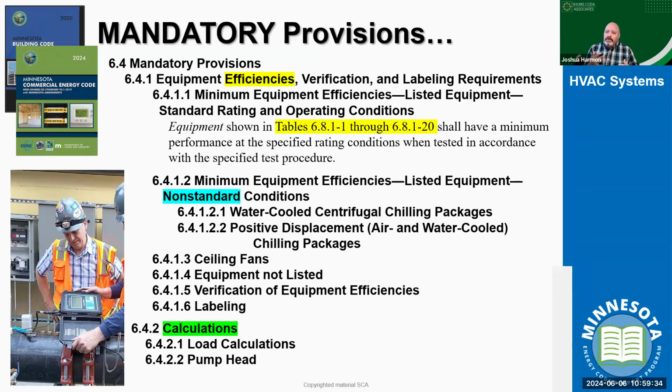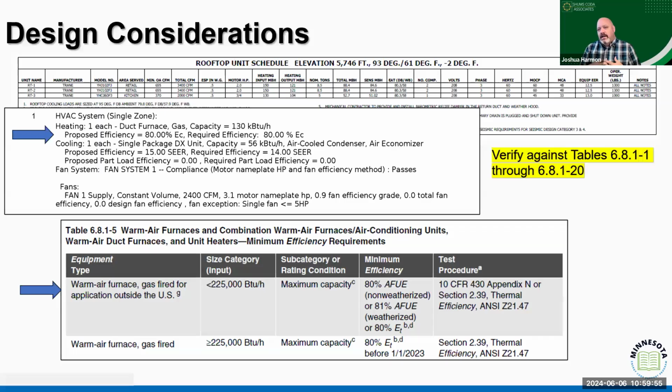If we follow those mandatory provisions, again, the code tells us a variety of different equipment efficiency expectations, right? We go back to the mechanical code to tell us what kind of system and what the expectations are for loads and designs. But then we go back and make sure it's efficient when it comes to how it operates. And then it gives us a variety of different calculations to assist us. And so again, if we're looking at a project, we're going to be looking at what are those individual pieces of equipment and how do they rate.